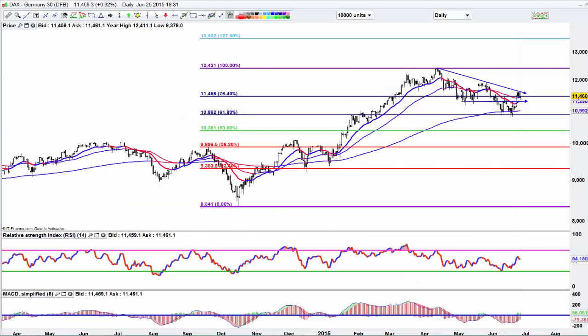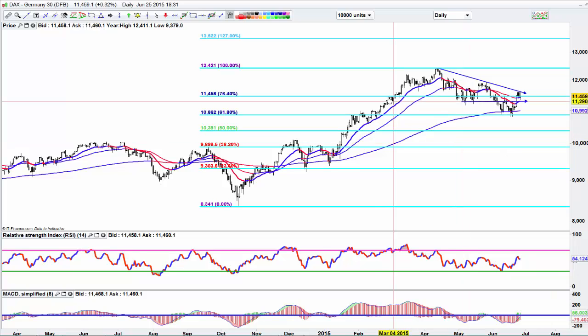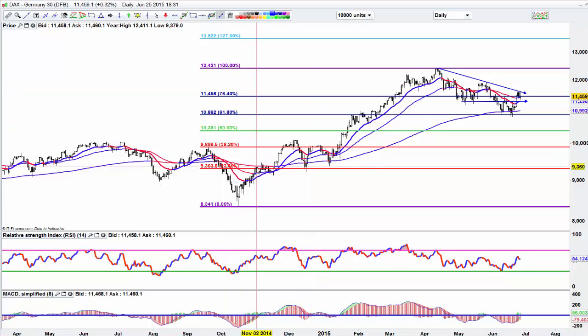Okay, I'm starting with the DAX tonight, seeing as it has been one of those liquid markets out there for day traders anyway. Also, they're very exposed to Greece. They have a huge percentage of the bonds in Greece, so they are one of the major creditors. So what happens in the DAX can be indicative of the overall mood in the market, and we can see